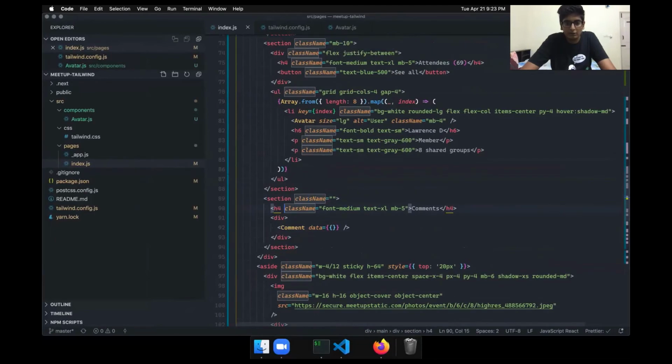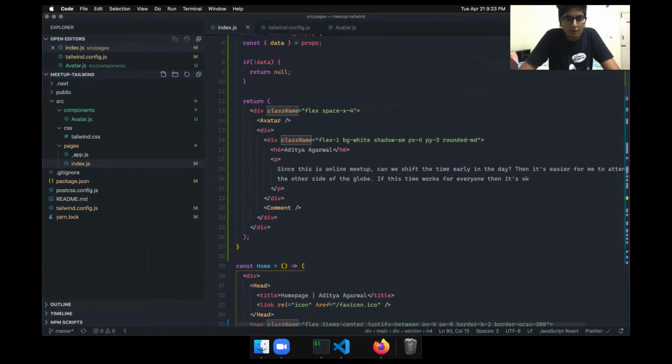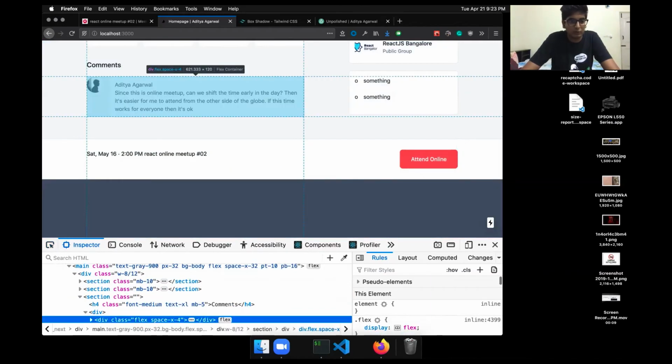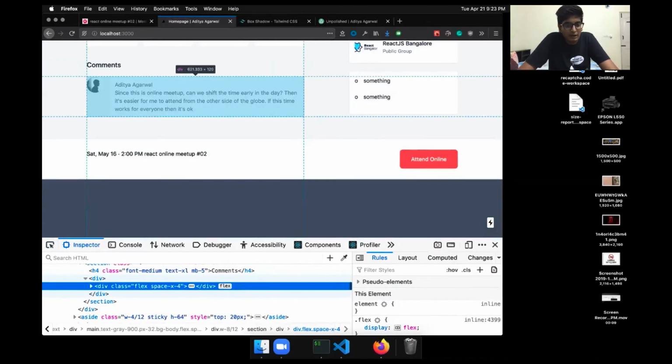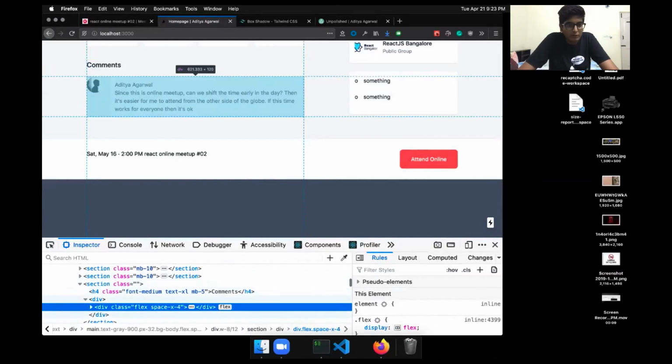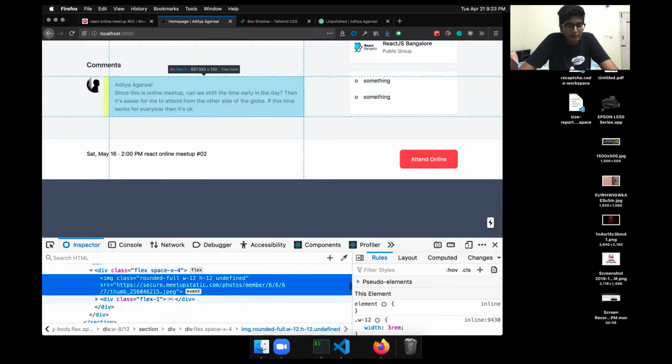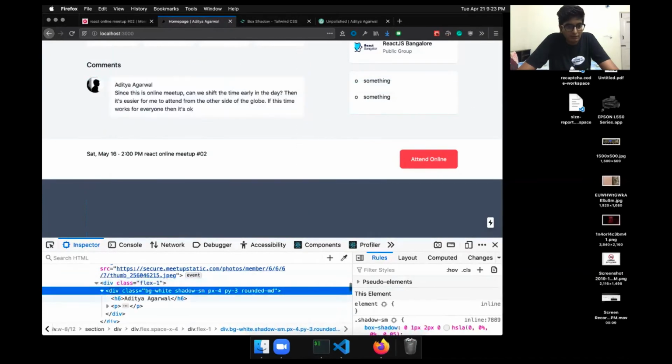There's a class name, there's an h4, there's a div, and in the div we have a flex, and there's an avatar. Okay, so the flex one has to be on this div. Now what you can see is that we only got one of these, right? So there's an h4, there's a div, in the div there is one image and our content.